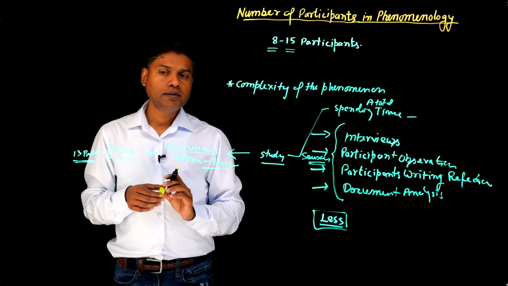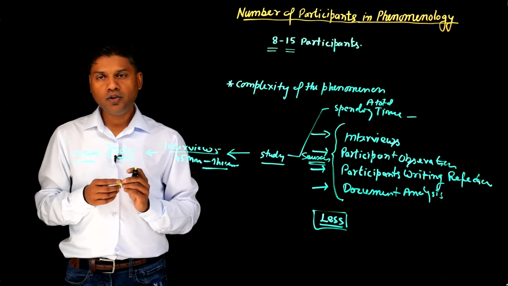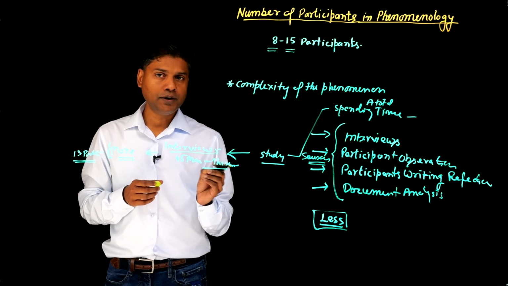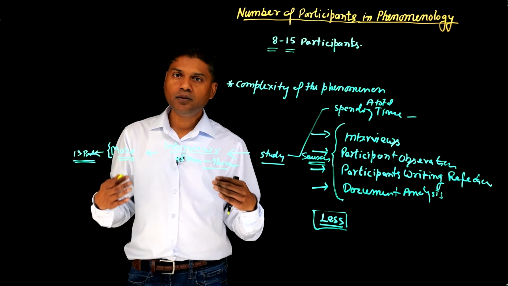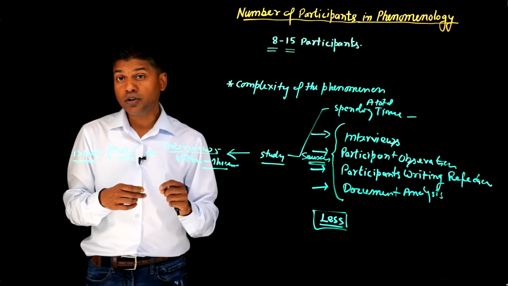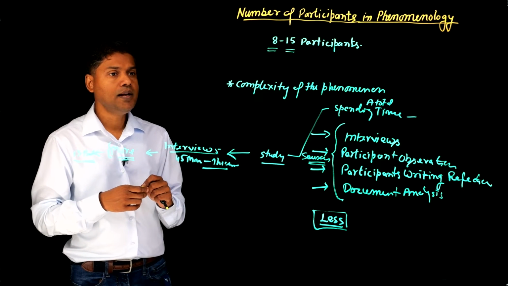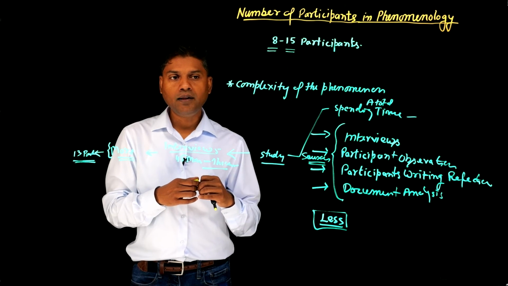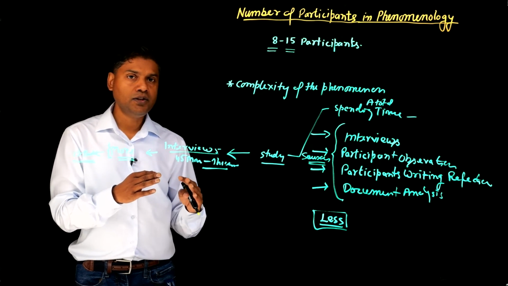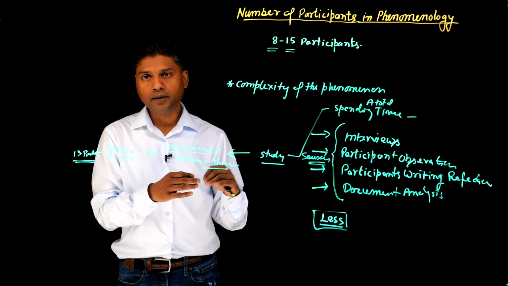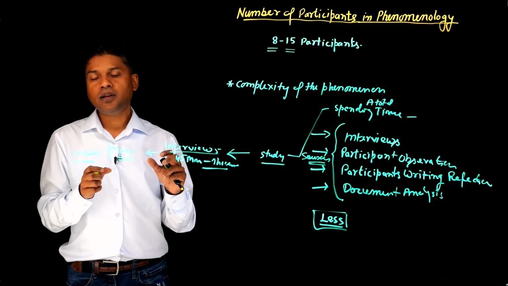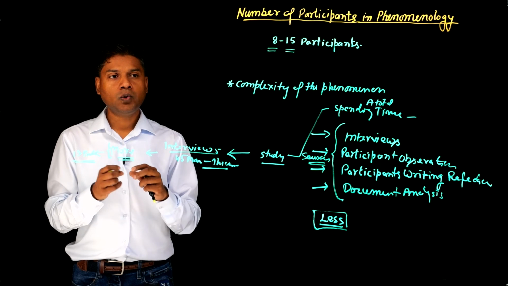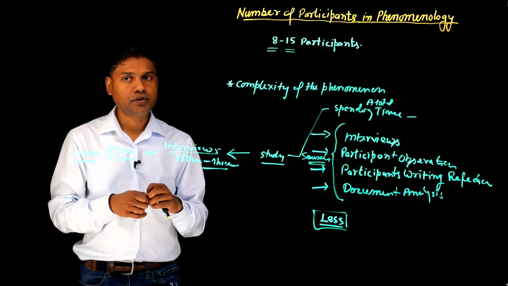Another thing I would advise: in the beginning, you may not be sure about your final number of participants, because you are still in the beginning phase of your study. Maybe you are talking to your first participant, and based on that interaction, you may decide, okay, I need to collect some more different sources of data. So you can tweak your study, and your number of participants may go up or down based on your initial engagement with the research process.